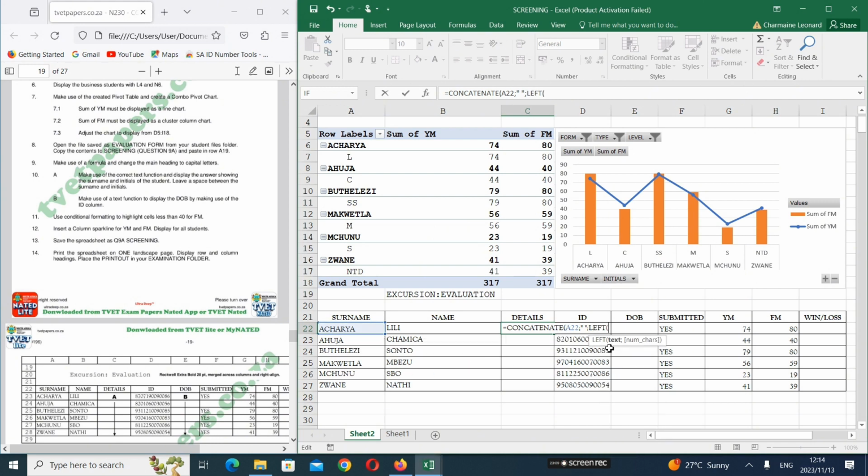So we need this equals to left, and then left of this name, we need the left. So we don't need the whole name, we need only what? We only need the first letter of the name. So we'll say what? Comma, not this, comma 1, because we need what? The first letter of the alphabet. We need the first letter, and when we say okay,